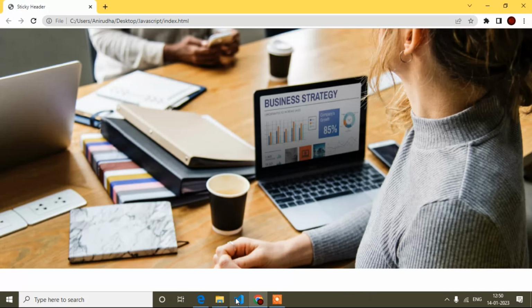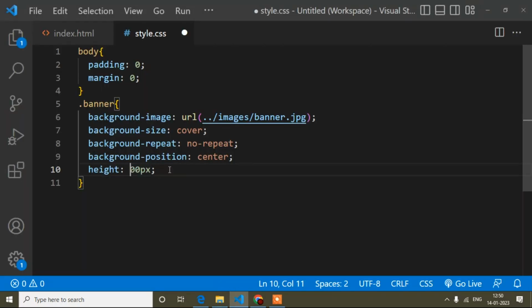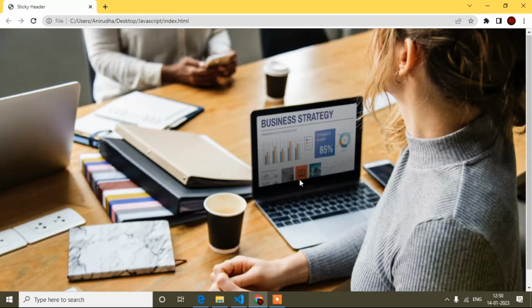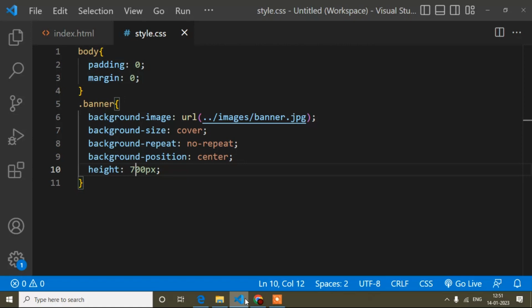Okay, and now here I will make it 700 pixel, because here you can see some space is coming in the below. So I will make it 700. So now you can see, and now after that I will come to the HTML part again and I